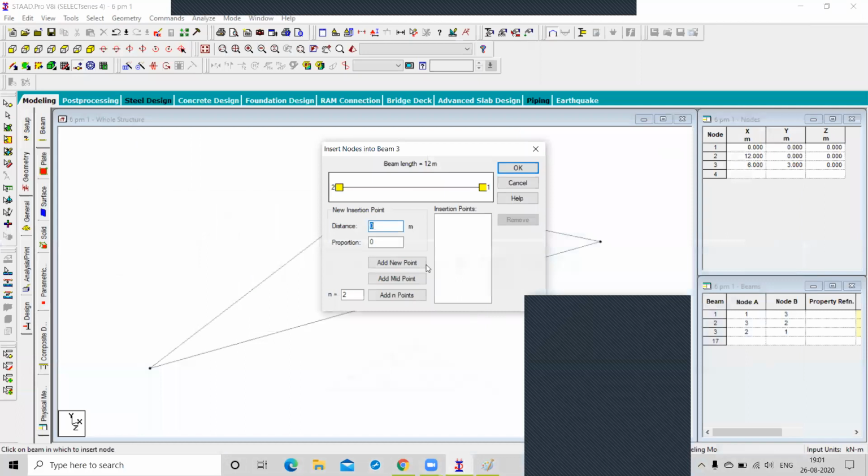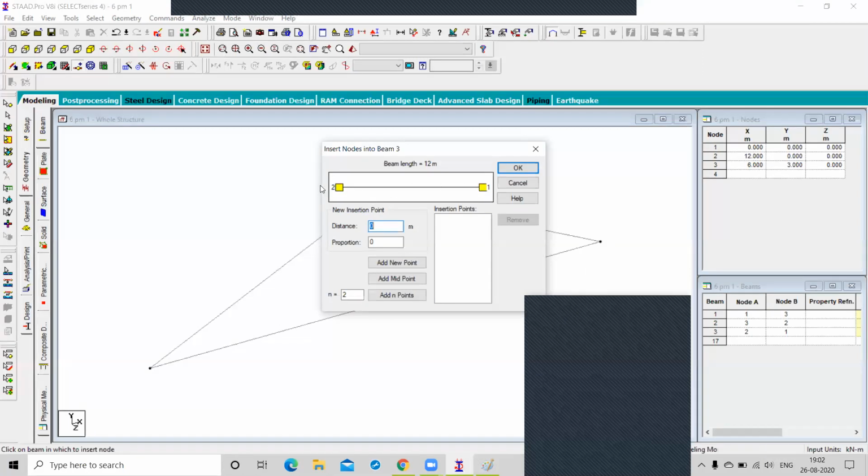So how can I come to know that this is measuring from node number 2? See, this is your required beam. On the left-hand side it shows node number 2, and on the right side it shows node number 1.